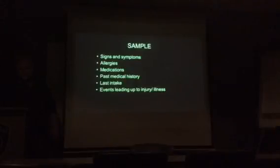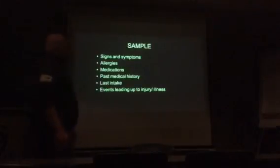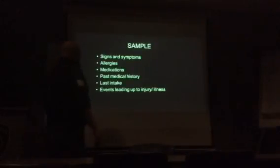So, your SAMPLE history, it's a good thing to remember when you're doing medical calls. You're not always going to be able to obtain a SAMPLE history in trauma patients unless maybe there's a family member there with them or somebody that's conscious that can give you a little bit of insight. You're looking at their signs and symptoms. You're going to ask them, what's going on? Are you nauseous? Are you dizzy? How long has this been going on? What are you feeling? Why did you call me? Allergies. You're going to want to know what kind of allergies they have, whether they're allergic to latex, adhesive tape,